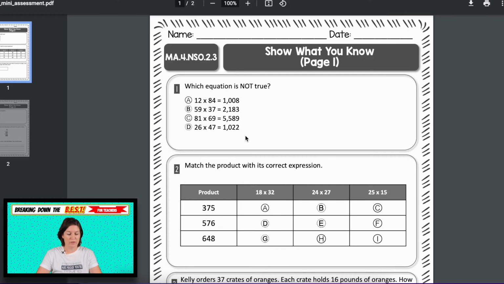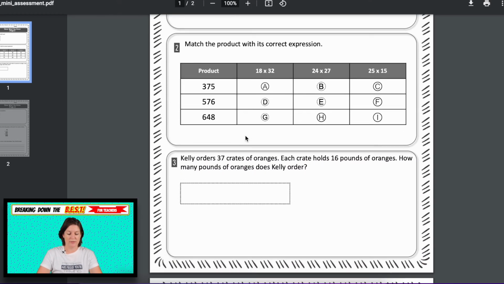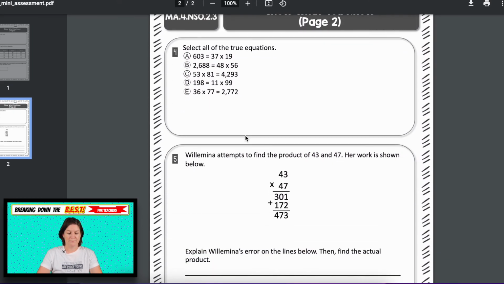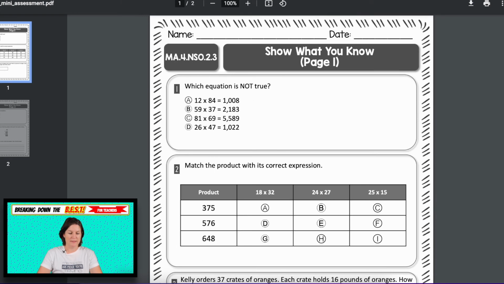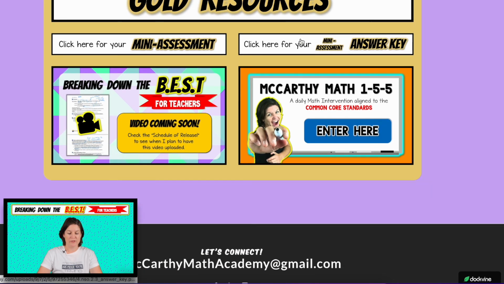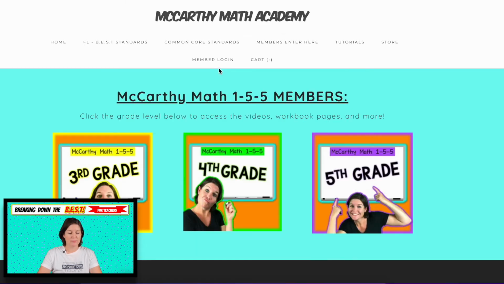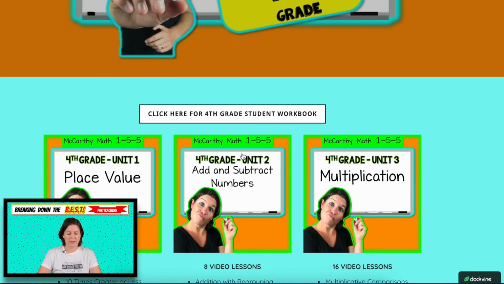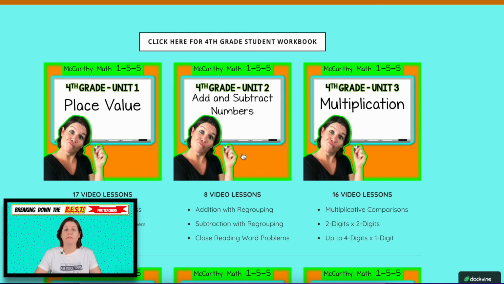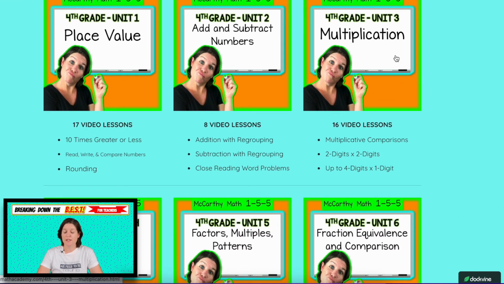So here's a copy of what the mini assessment looks like for the standard. You can take a look at that. And you have your answer key, and then you have access to McCarthy Math 155 with the gold. So for this particular standard, remember that McCarthy Math 155 is aligned to the Common Core standard. So not everything transfers over for the B.E.S.T, hence the whole creation of taking on the B.E.S.T, but there are some. And for this standard, you could, if you went to multiplication at Unit 3,